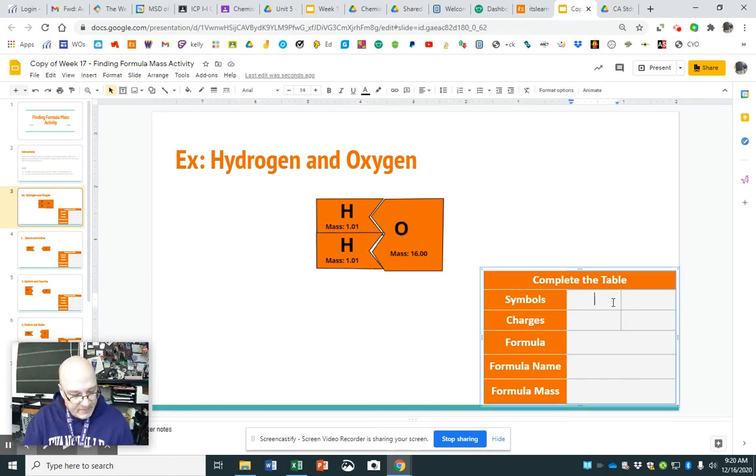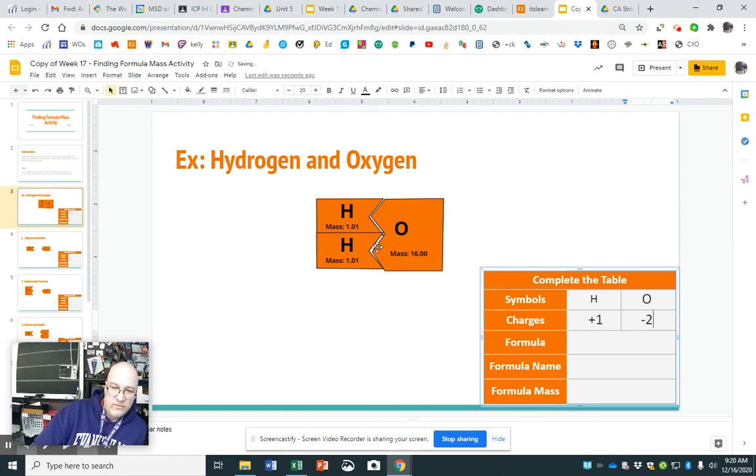The symbols on the elements are H and O, and I just got that from right there. The charges are how many times there is an indentation or an outdentation. So this is going to be +1, and this is going to be -2. For lack of a better term, the male parts are the negatives and the female parts are the positives. So there's one female part on each H, so that's +1, and there are 2 male parts on the O,